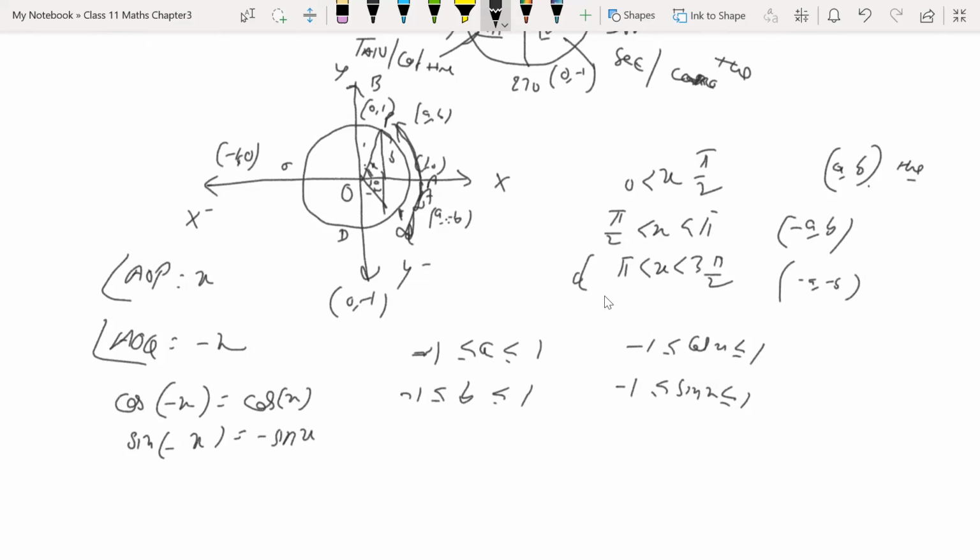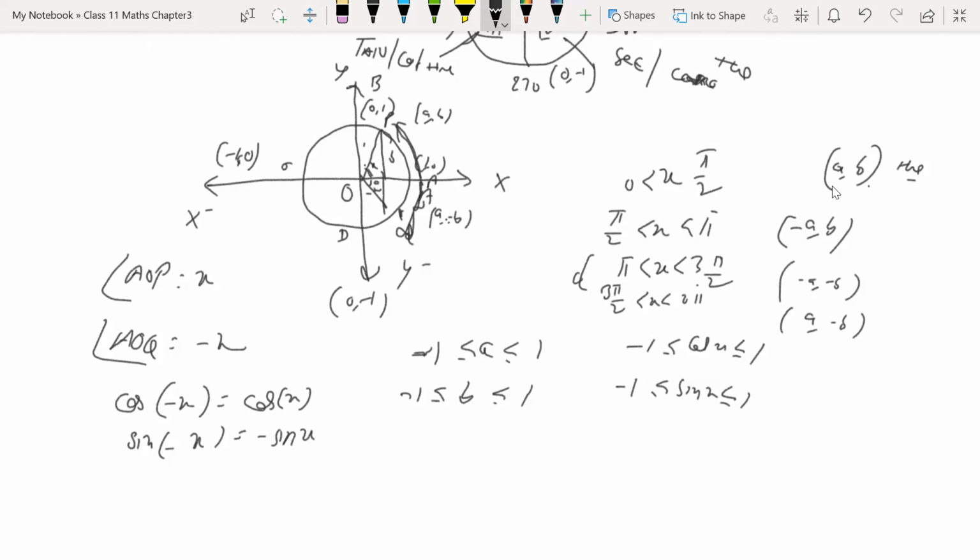And in the fourth quadrant, A is positive and B is negative. Similarly, for this quadrant,